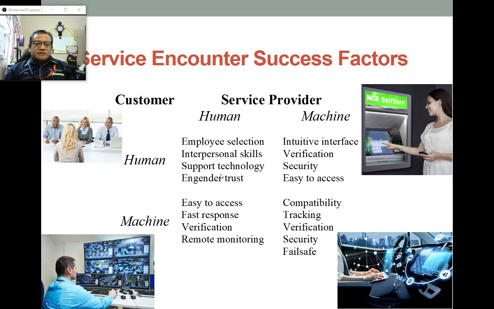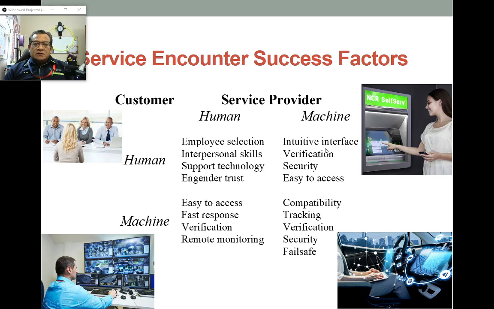At the first quadrant, it is human to human, in which you could encounter this service encounter perhaps when attending an interview to apply for jobs, right? You are the interviewee, and there are three interviewers from the company. This is basically a human to human service encounter, in which the company has to select the best five candidates out of perhaps 50 candidates. Here, interpersonal skill normally plays a big role in ensuring that the service is delivered successfully. So this is direct human to human interaction.